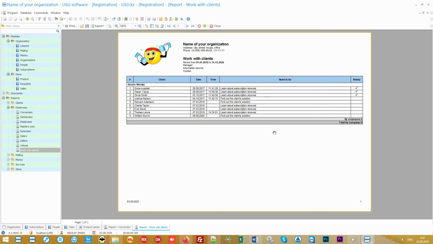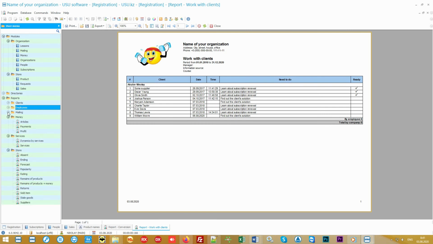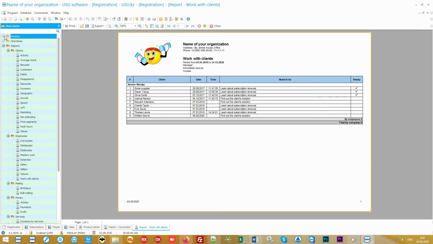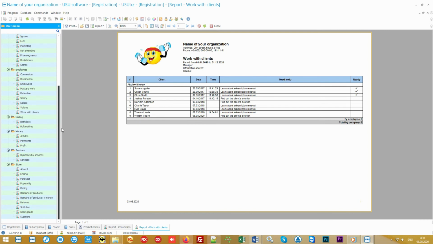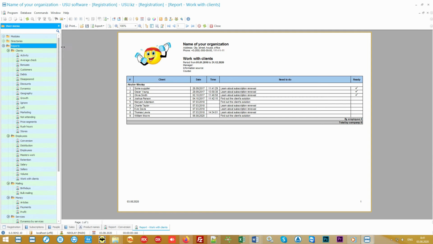And now we have reached the most interesting part. Let's see the reporting. Our program is the leader in management accounting. This is what every director of any organization needs like air. You will not find such a quantity of useful analytics anywhere else. It is with the help of analytical reports that you can easily identify the weaknesses of your business and improve them. The faster you do this, the faster you will eliminate all possible financial leaks. With the help of our program, any leader, even without special education, will easily become the best manager.